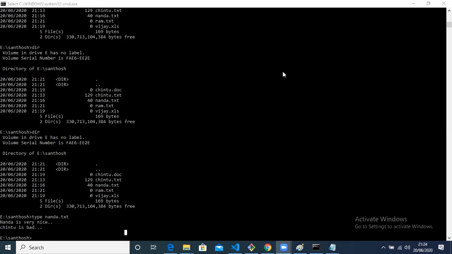So if I want to save it, then I need to press Control Z. Control Z is needed while you are creating a file, not for seeing the file. For seeing the file, you always give type.